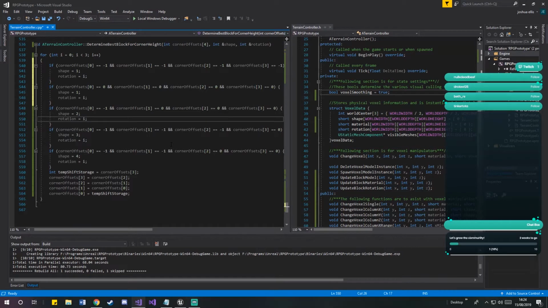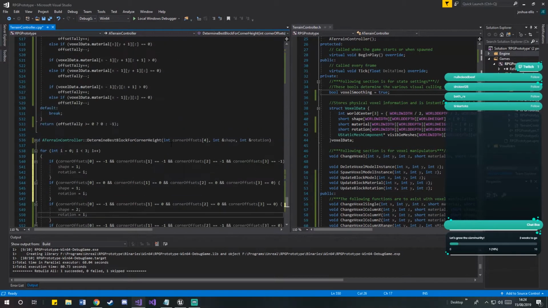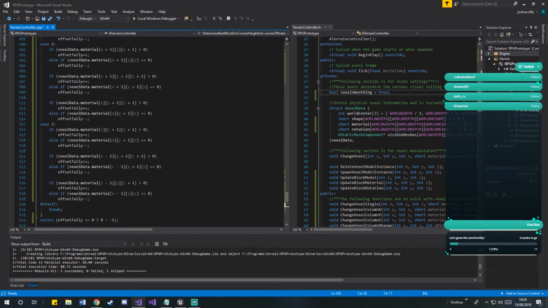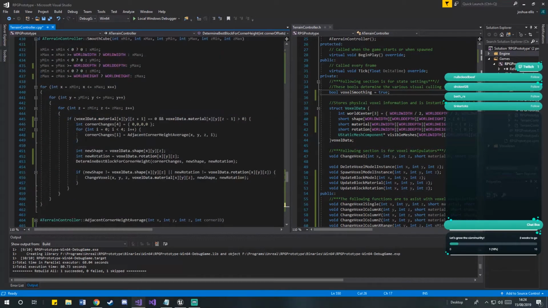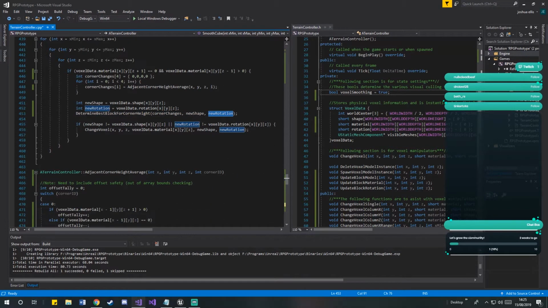So again, I've had a look through this function, and nothing stands out as being the problem. Now that I've explained that, let's jump back up. We've called this, we're done with this function. We've set our new shape, we've set our new rotation, and this is where we apply any changes that we've made. So we say if the new shape is different from the existing one, so if any changes need to be made, or if the rotation is different, we change that